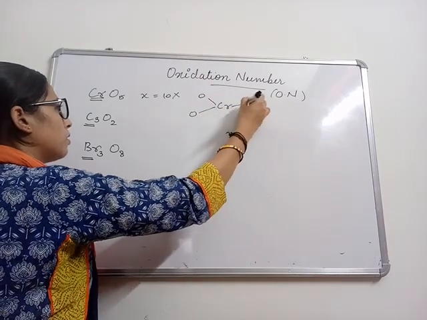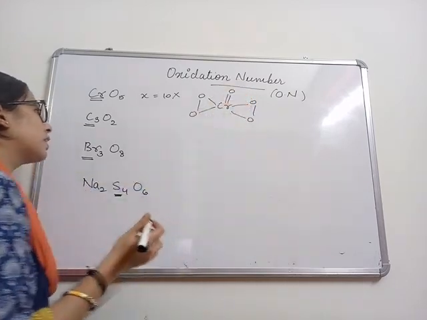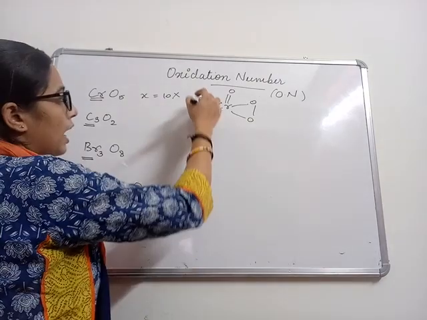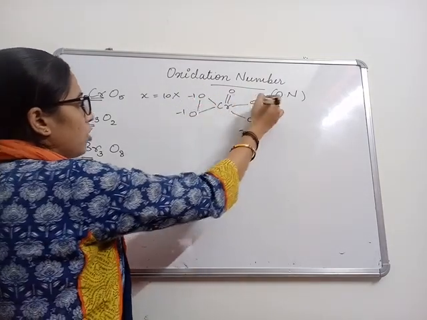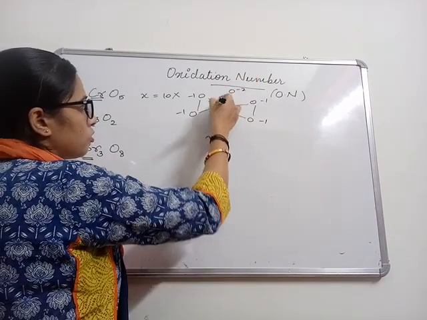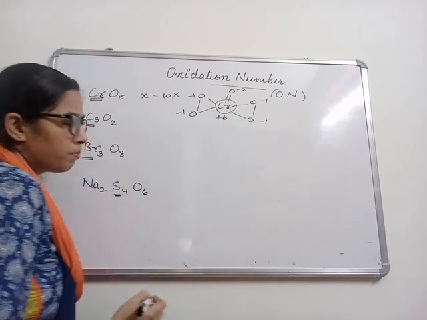So every time the way we calculate, the oxidation number is not coming out right, because chromium does not have 10 electrons to store +10. And here you have a peroxide linkage. 4 oxygen have -1 charge and 2 oxygen have -2. So the total positive charge on chromium is plus of 6, not +10.